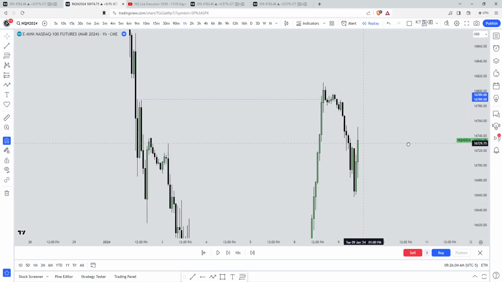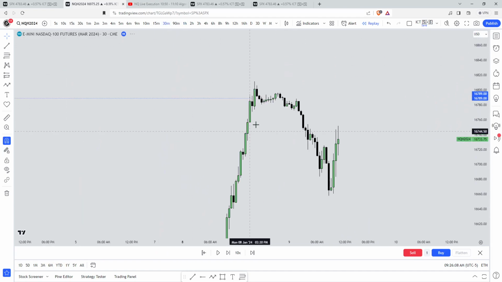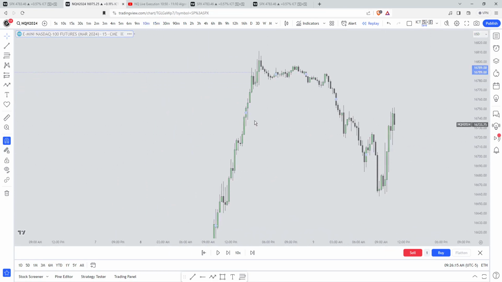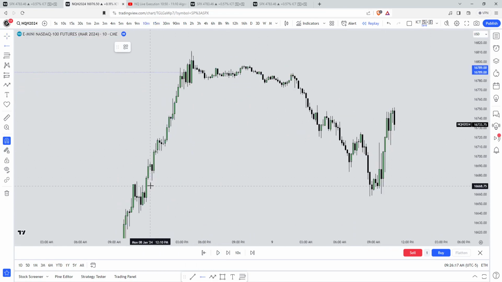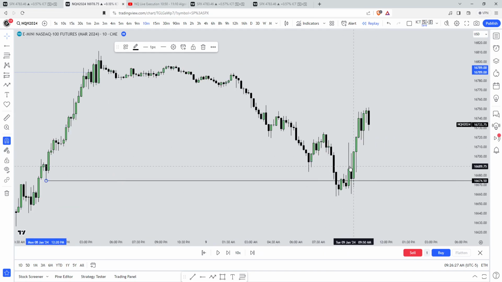How do we know which one it's going to do? Well, price takes out the buy side. If we look on a 30-minute, why am I using a 30-minute? Because I want to, or even a 15-minute, I want to see liquidity from the left side. So I'm just going to scale down to a lower time frame in here. We have a 10-minute, see this level of sell side liquidity, takes out that. Okay, price starts to expand lower and then it expands up higher here and it starts to disrespect some of